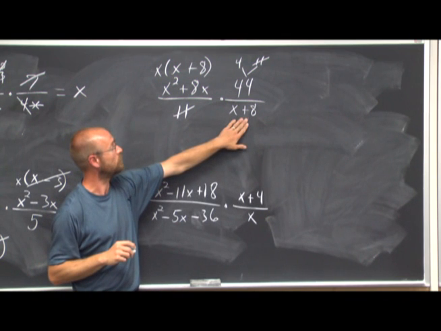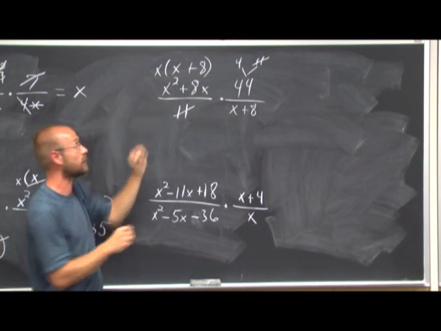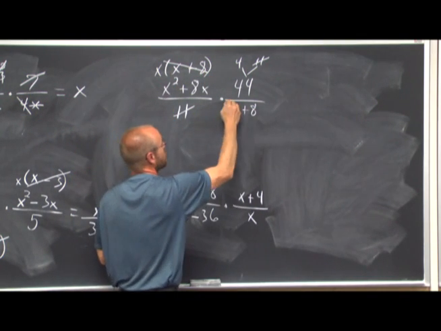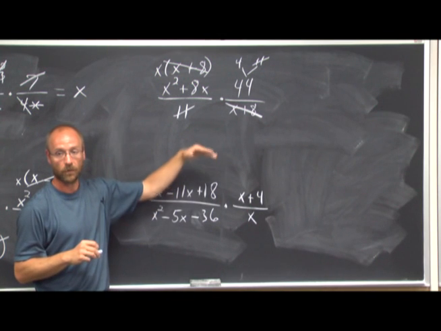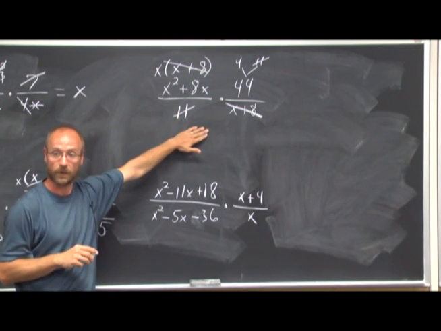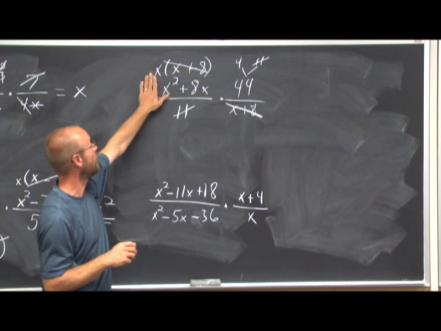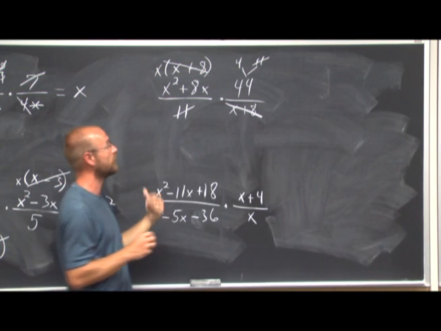And this is just a binomial. It doesn't factor any further. But we can see x plus 8 as a factor can reduce the x plus 8 as a factor. What's left? Well, my denominators were both reduced to 1. So my denominator is 1. So I have x times 4 left on top. 4x over 1 is just